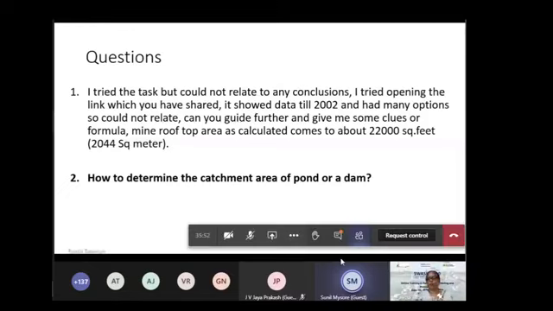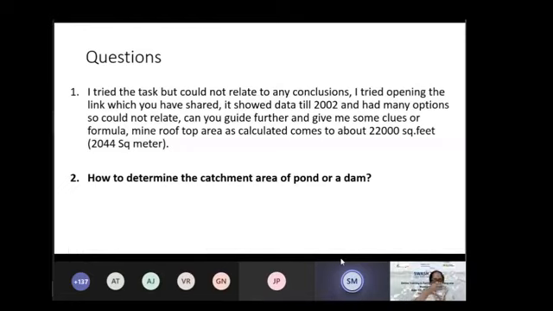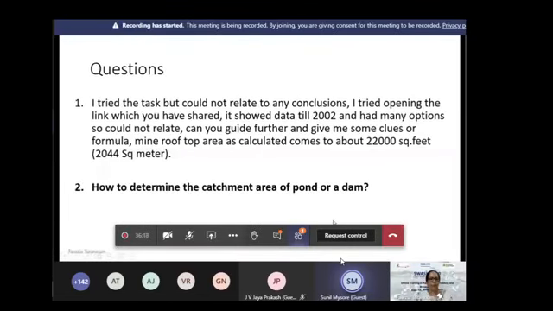So my suggestion is, if you are unable to make out anything from that link, just Google rainfall data for Patna or Bihar, wherever you are. Say, rainfall last year, in the year 2017, take the data and work with that. That would be the easiest thing to do. If you are unable to make out anything from the link I shared, just type rainfall data 2016 in Google, and whatever number you get, start working from that. So that will be better. Thank you, Sunil.